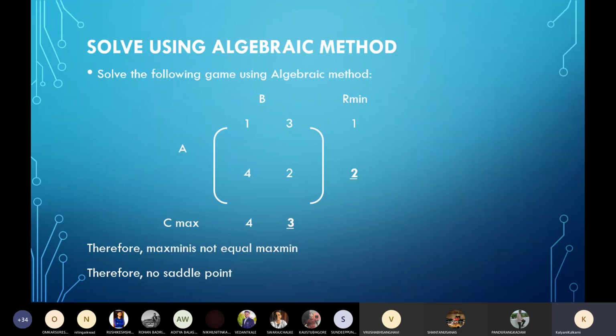Okay, so moving ahead, everyone has done up to here. As max min is not equal to min max,